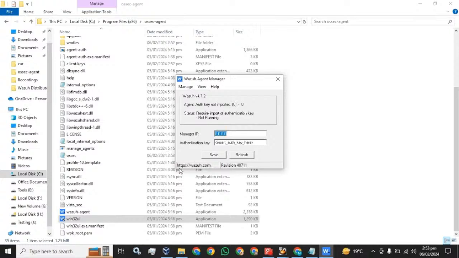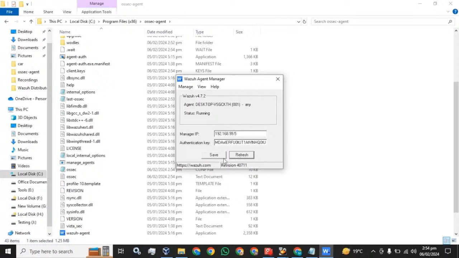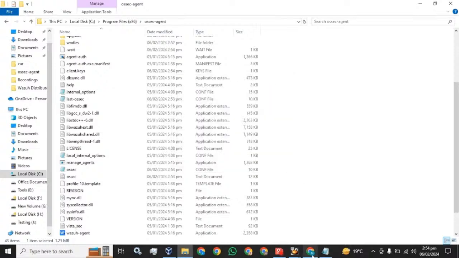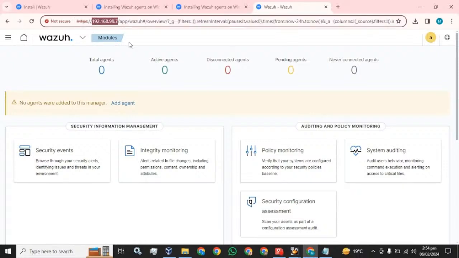You have to give the IP of your Wazuh manager, because I have installed a distributed Wazuh setup. My Wazuh GUI IP is 192.168.99.7, and I have installed the agent. You can see the Wazuh dashboard. The IP for my Wazuh dashboard is